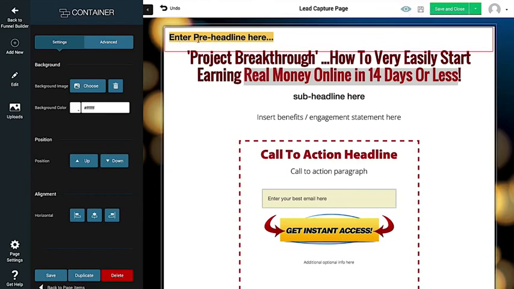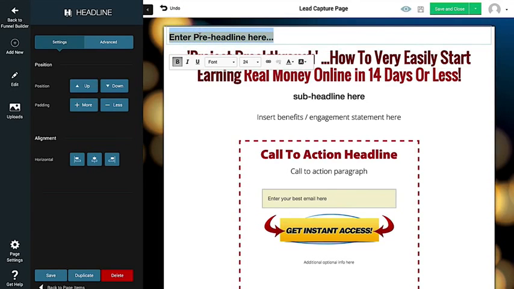I can say something like this. What if I said, oh, this is my preview. I can edit this one, right? All right, so I'm just going to double click on it. I'm going to say attention, okay? And then what if I said in the next 2 minutes, you will discover. Okay, and look what we can do here. We can make attention, what if we made that